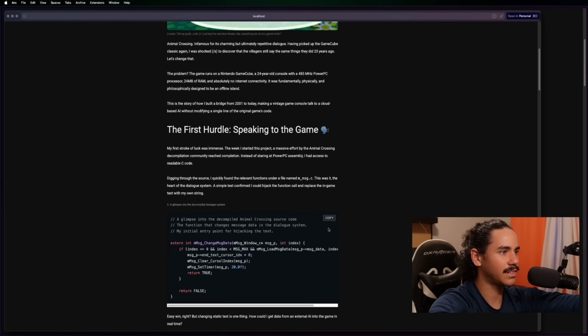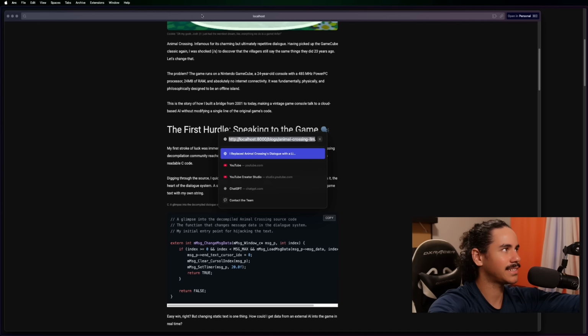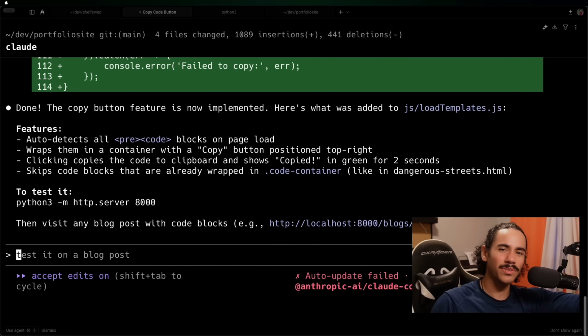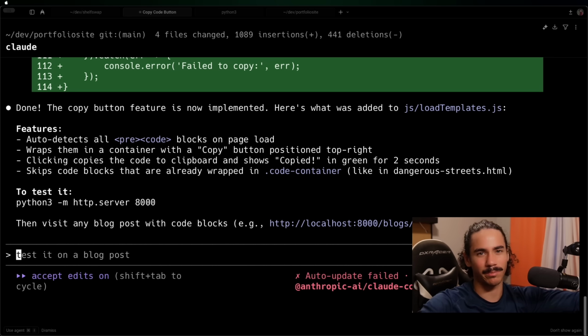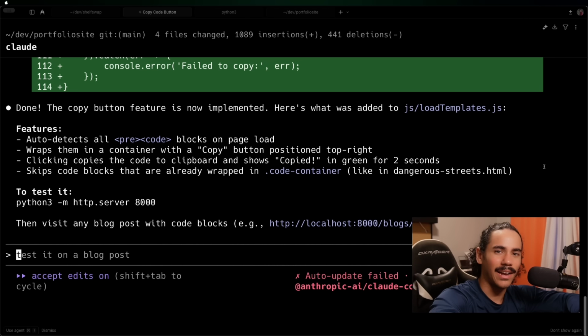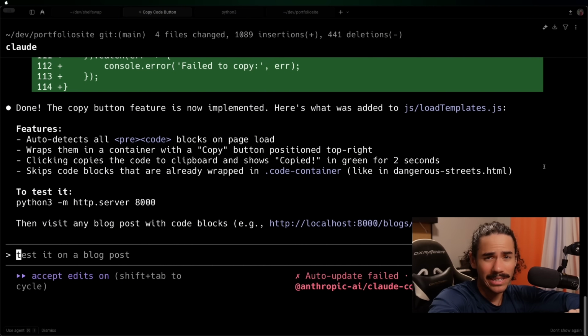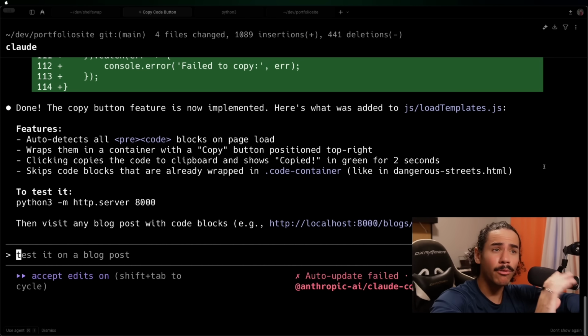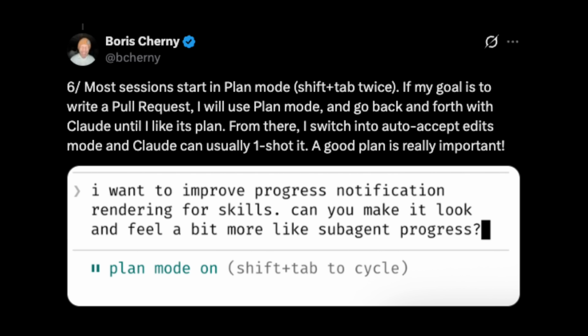If we go down to the code, there's this copy button, and if I paste, it's copied it. Now, this was a simple feature for demonstration purposes, but it gives you an idea of what Claude can do and how it could do it. I do think Claude could have done it without entering plan mode, but it's good practice, and Boris himself says, and I quote, "A good plan is really important. Once you like the plan, only then do you switch to auto-accept mode, and Claude can usually one-shot the entire